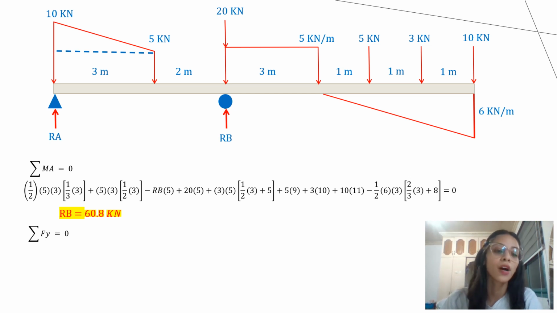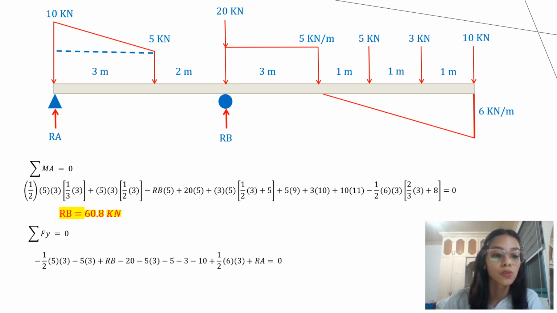So for our summation Fy equals 0, we have to get the reaction of all the point loads. The point load of the triangle is negative 1/2, since the line of action is directed downwards, so negative 1/2 times base times height, 5 times 3, minus the area of the rectangle, since the line of action is downwards, it is negative, so 5 times 3, base times height, plus our RB, which is 60.8 kN, minus 20, the point load 20 pointing downwards, so it is negative, minus the area of the rectangle, 5 times 3, also negative,